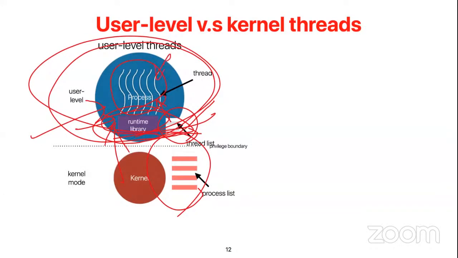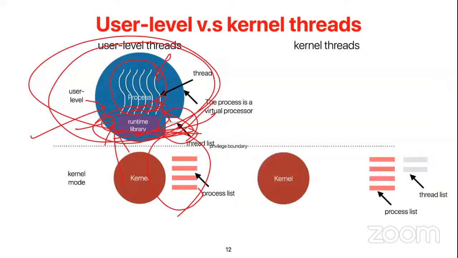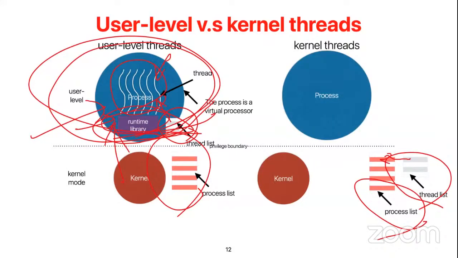So another concept to implement threads is to extend the kernel. Your kernel natively supports the idea of threads, in a way that, in addition to a process list, you also have a thread list in your kernel space. So your kernel maintains two lists. For each process, there will be a thread list. And when you create a process, not only is the process seen, you also see the threads inside the process.